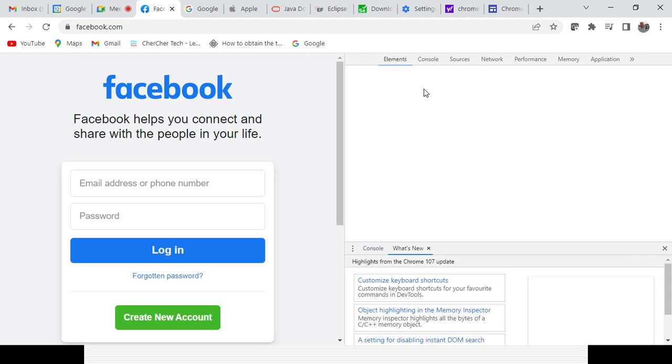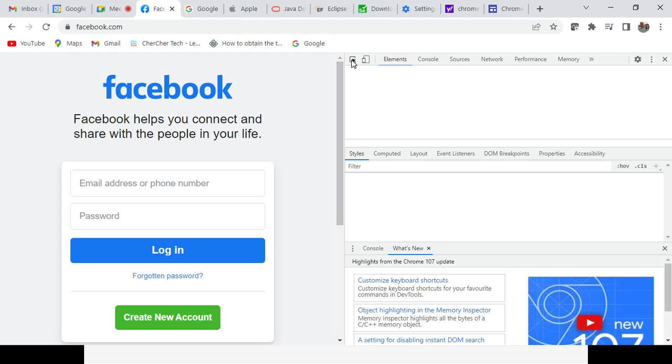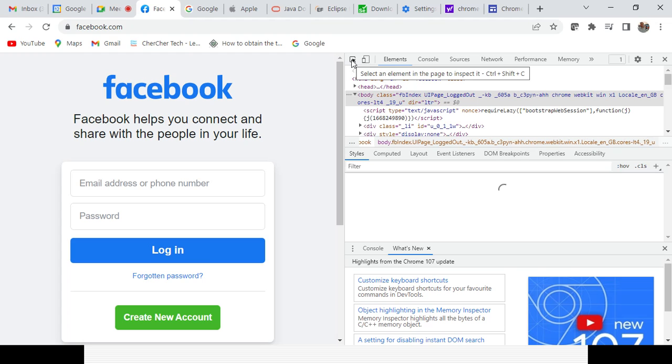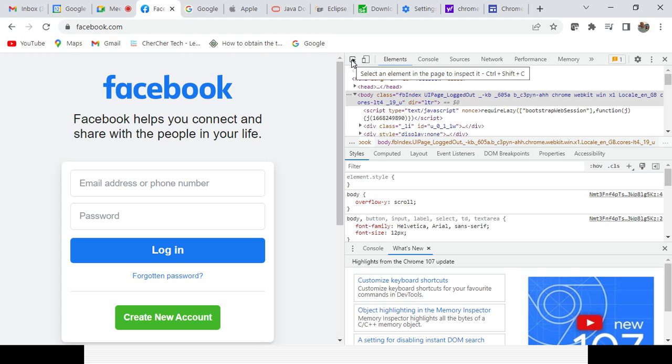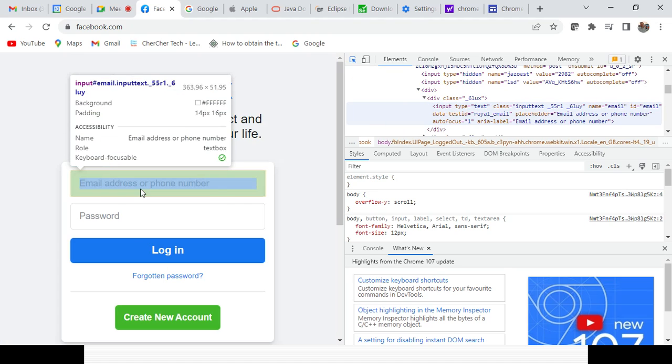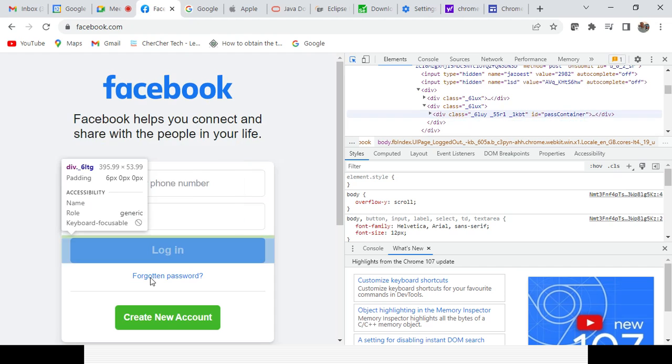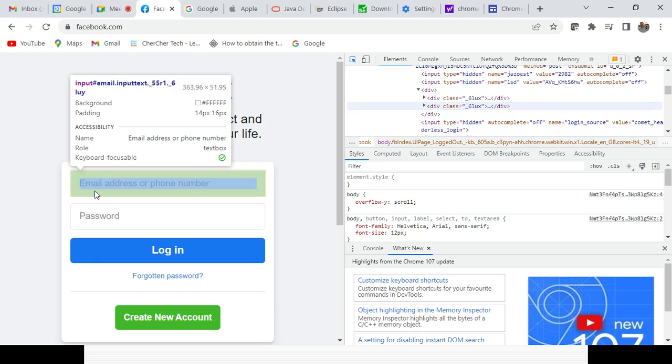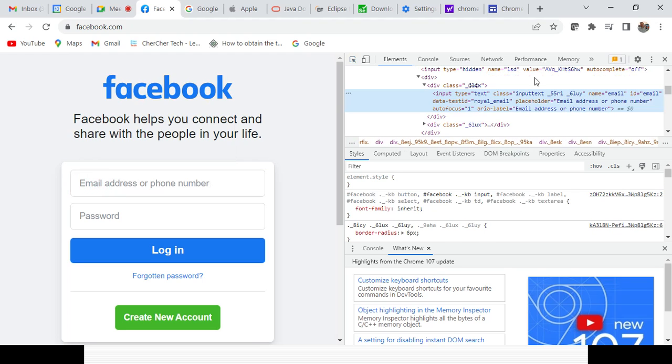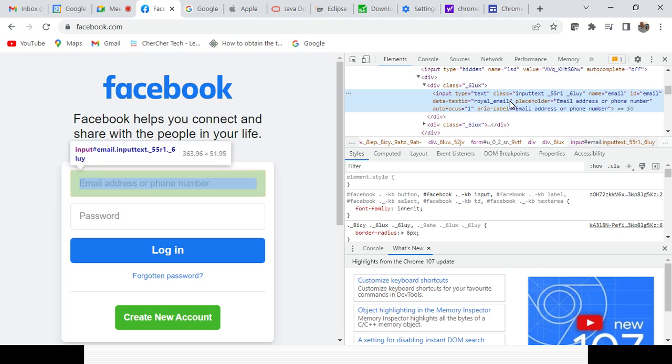After that there is the inspector element, right? There is an option available called select an element in the page to inspect it. You can select it and hover the mouse over any of the elements you want to interact with. Suppose I want to get the properties from here, right? So I can select it here. You could see all the properties are displayed here. So it is coming with the input tag. So the first thing is called the tag.